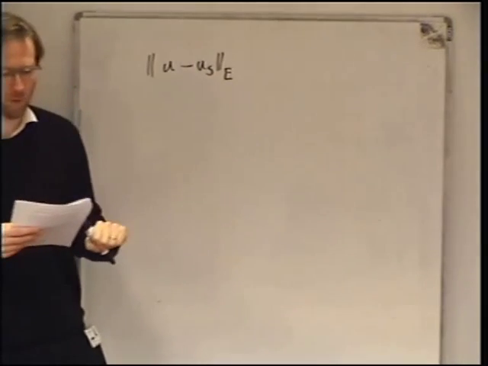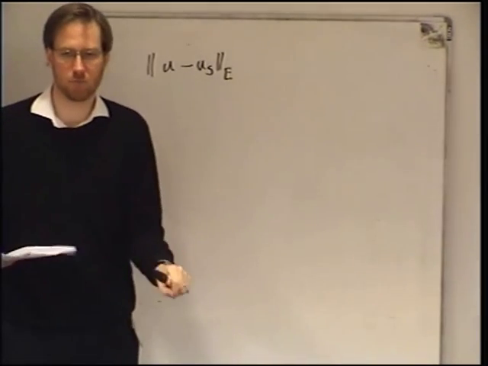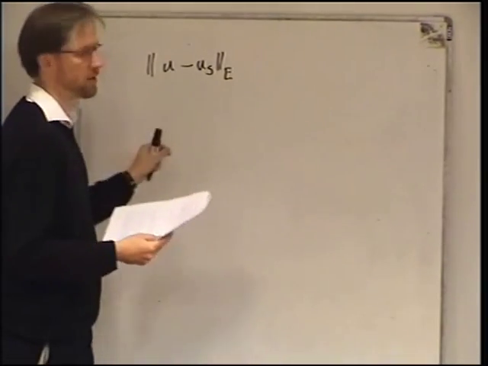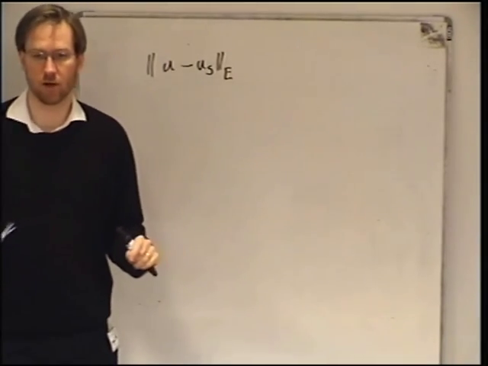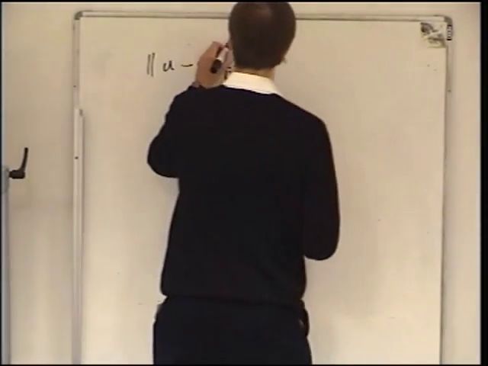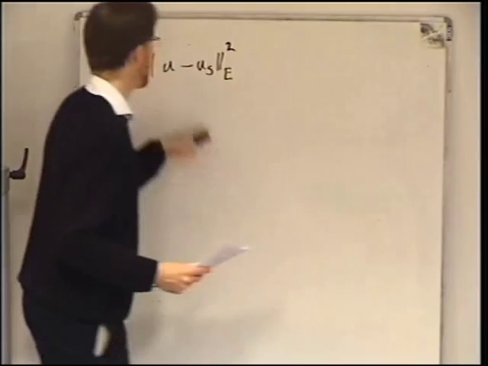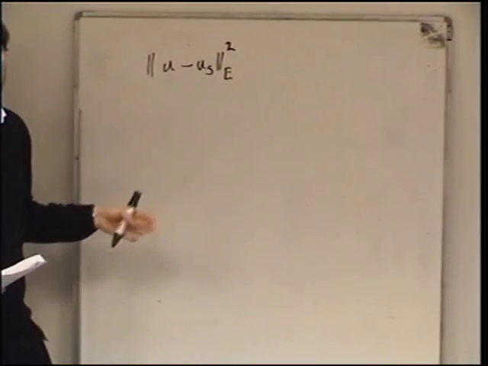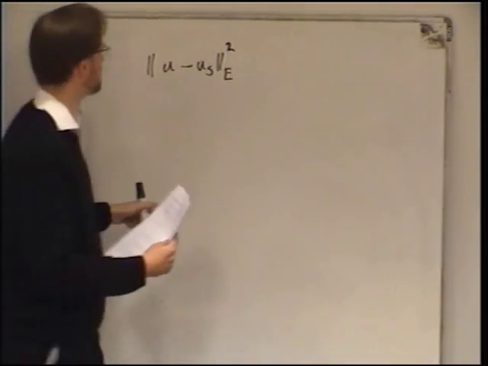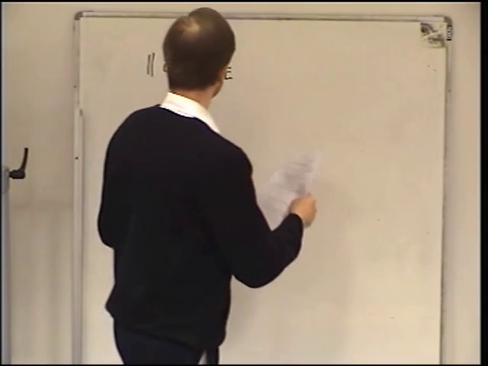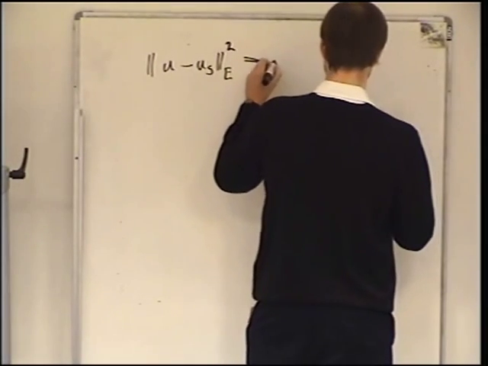What we need to do is manipulate this back into inner products, and remember that the norm is the square root of the inner product. So I'm going to square this. That's still useful: if I've got a norm, I can square the norm, and it's still an indicator of size in some sense. And that is then equal to